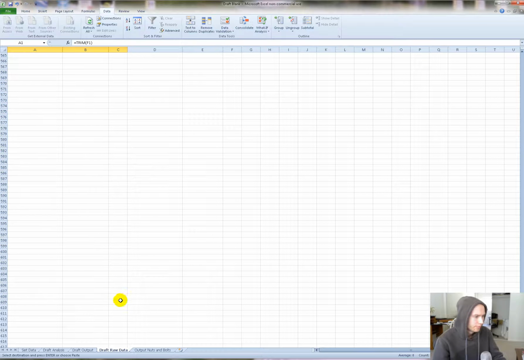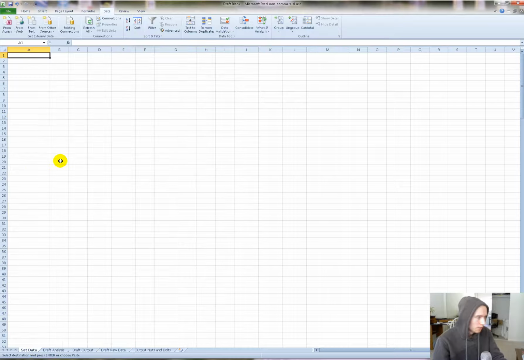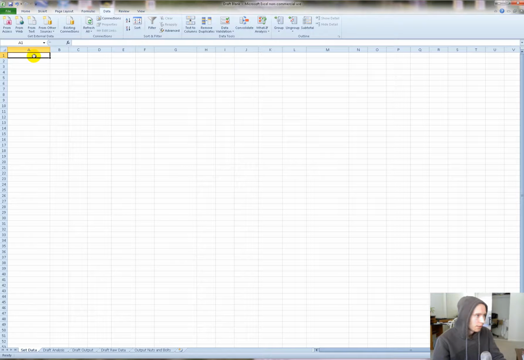So, this worksheet is going to analyze a draft for you, basically. Present it in a cool sort of way. Save this like that, because that's what I want. I want to...